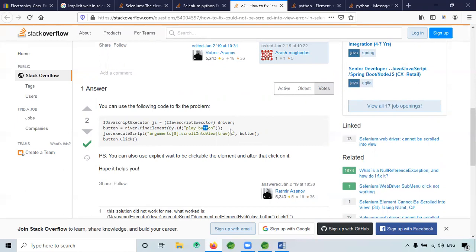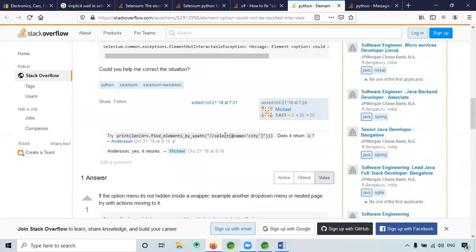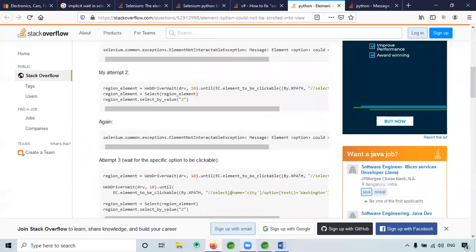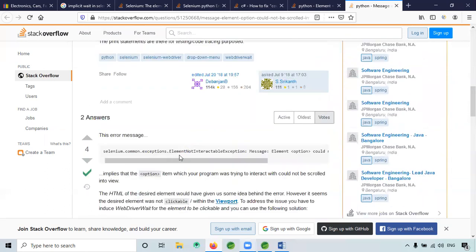I will give you the forum here. Can you check this one? Forum dot katalon.com. Yeah, this one. Go to this forum. Yeah, that link. There they have said to scroll to the element.